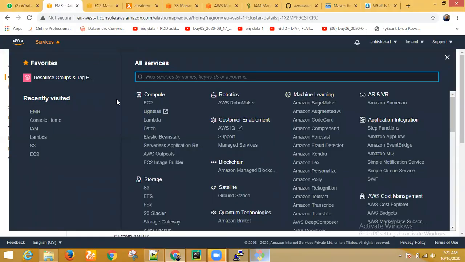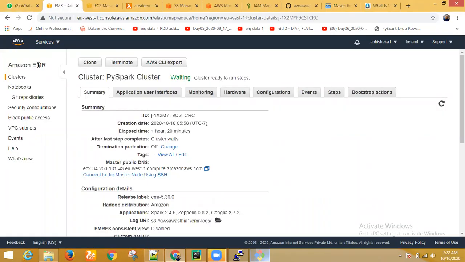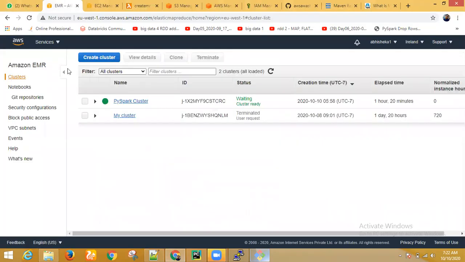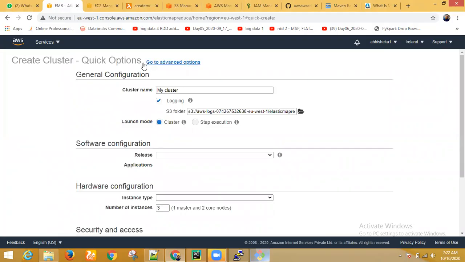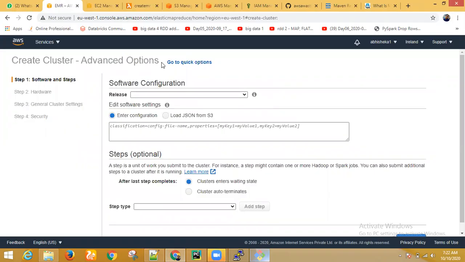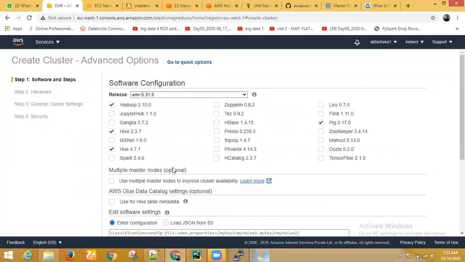So it depends upon you what kind of cluster you want to create, a cluster with whatever software you want to install. When you are creating a cluster, you can go to this advanced option and specify the different software you are looking for in that particular cluster.